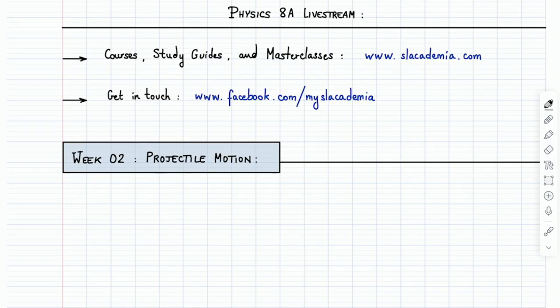We'll do a quick recap, and I have something I want to talk about, which was a question I've gotten a few times now, so it's worth addressing. And we'll do a few problems to see how projectile motion is, in a sense, similar to what we did last week, but also its own type of problem, and why it's a good problem for midterm 1, and you should probably expect a projectile motion problem.